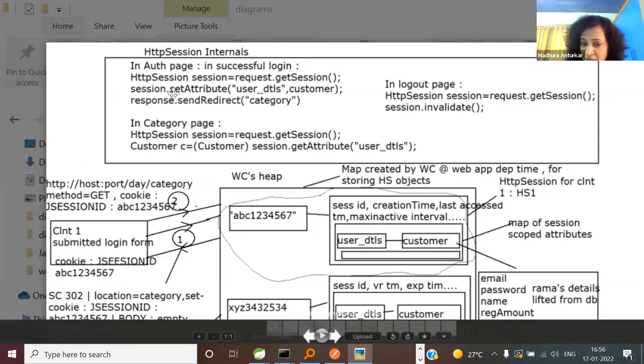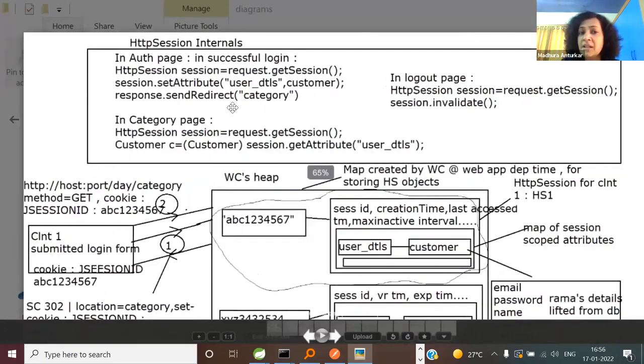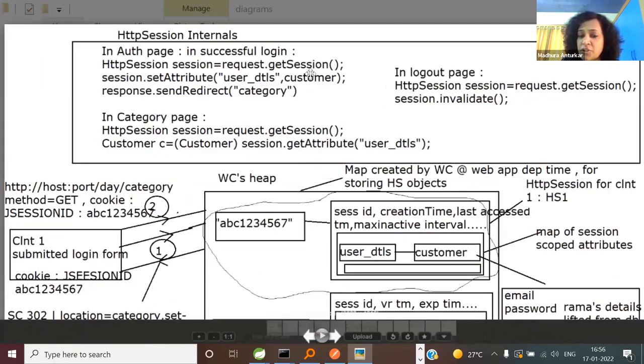So imagine that the user has submitted the login form. Right now don't look into the picture, look into the code. After the form is submitted in the login servlet, in the else branch, I mean in the successful login branch, I was talking to one of you and he was using all wrong terms. When you say request.getSession, are you, as a servlet, creating a session object, or is it created by the container?